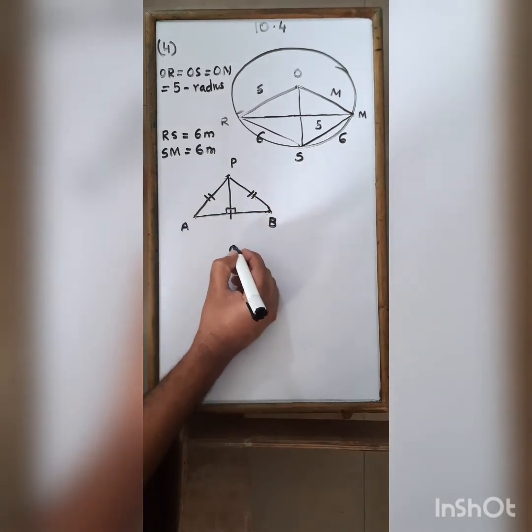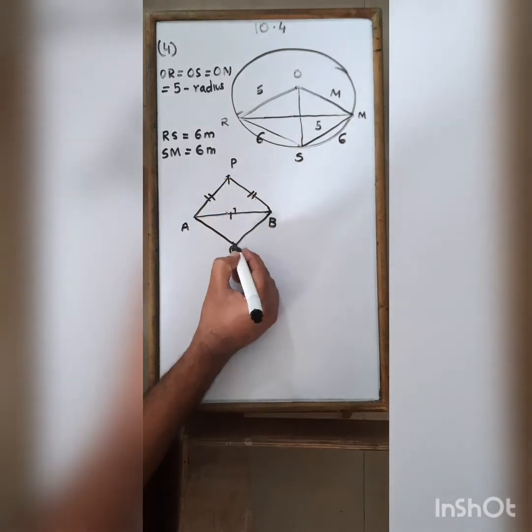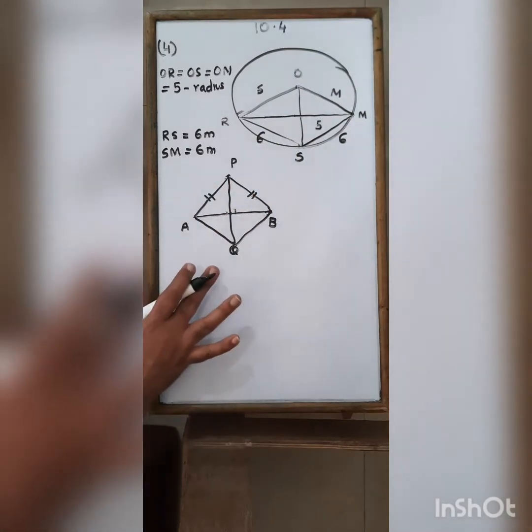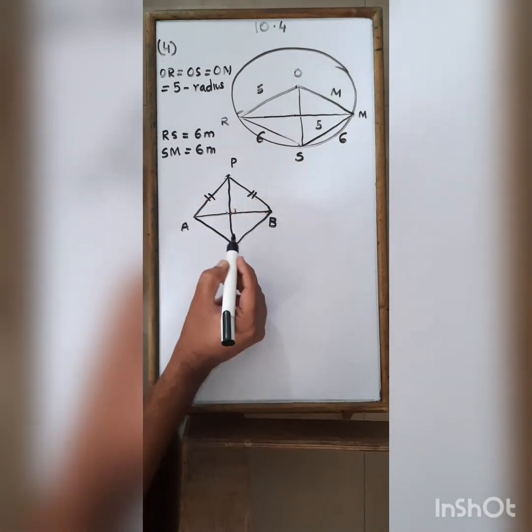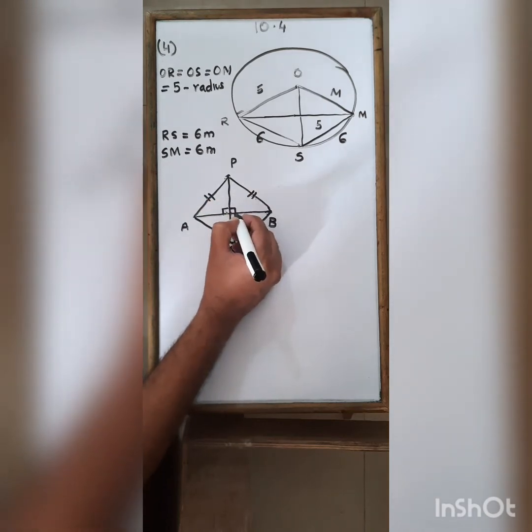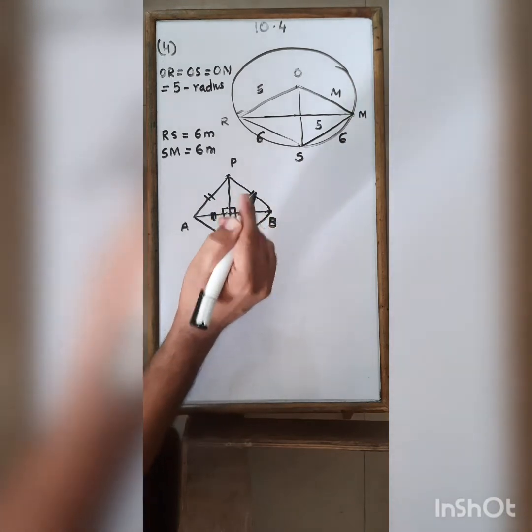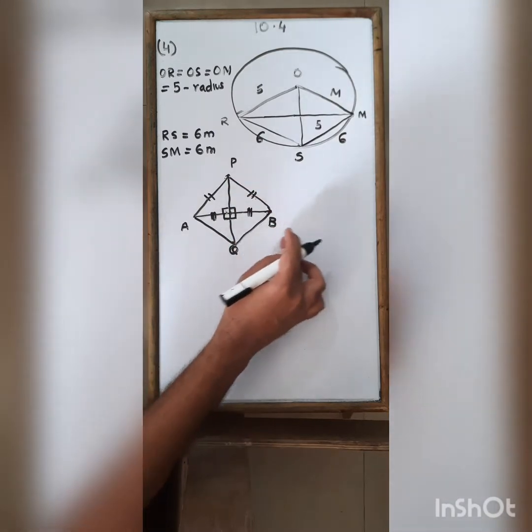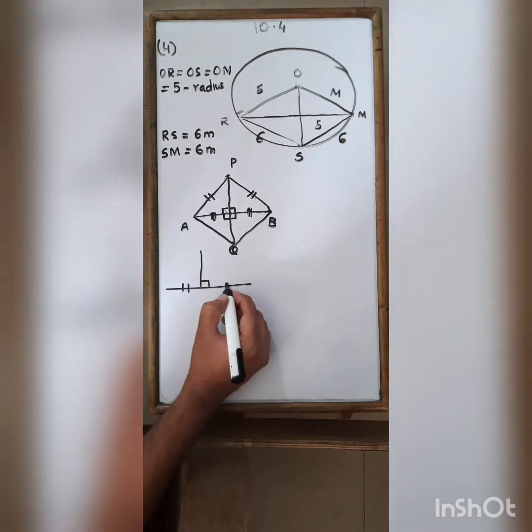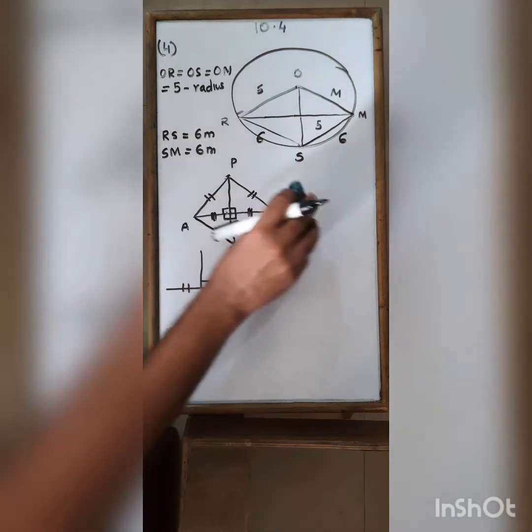Similarly, if there is another point Q which is also equidistant from the end points of AB, that means Q is also lying on the perpendicular bisector. So if I join PQ, then PQ becomes the perpendicular bisector, because P and Q are both on it. Then these angles become 90 degrees, and these two distances are equal. Perpendicular bisector means a line segment which is perpendicular to a given segment and divides it into two equal parts. This basic is important to understand before we start the sum.